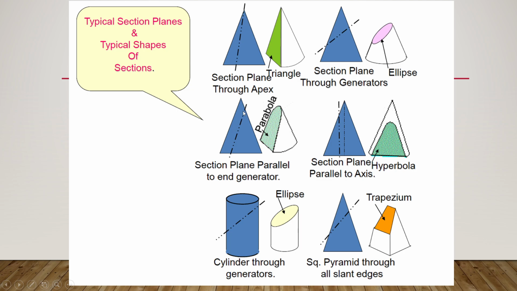If you cut a cone through the sectional plane passing through the axis, slant edge and the base, the shape of the sectional area is a parabola. Similarly, if you cut a cone through a cutting plane parallel to the axis, the sectional area is a hyperbola. So all these, ellipse, parabola and hyperbola, are called conic sections, being the sections obtained by cutting a cone in various positions.